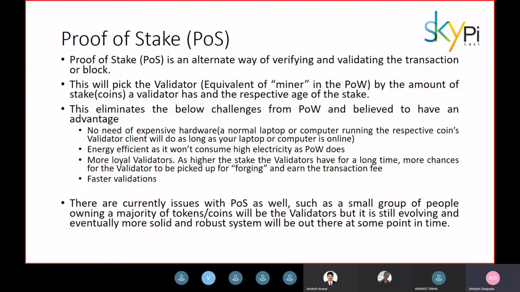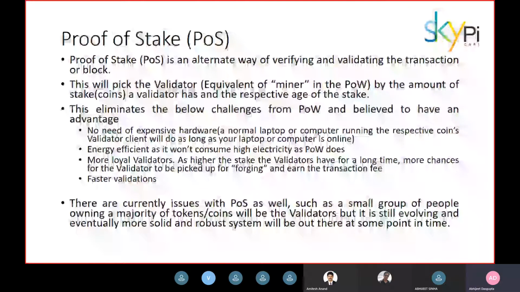This amount is like a security deposit, which means that the validator holds a significant stake in X coin with good aging, and he is more committed, combined with many other factors. He will get a higher chance to validate a block in comparison to someone who has fewer coins and has been holding them for a lesser amount of time. This allows building a trusted and distributed network with loyal validators who have high stakes of coins. The validators earn part or whole of the transaction fee.